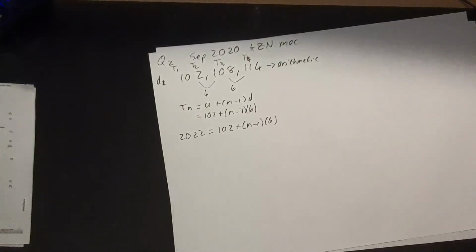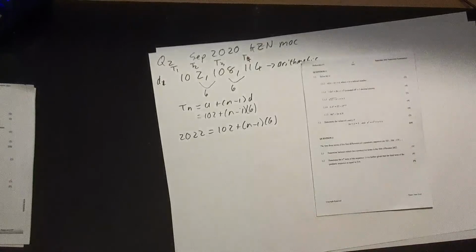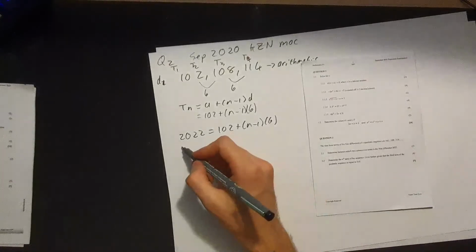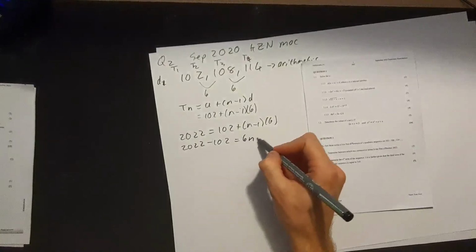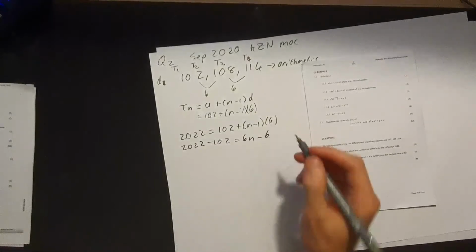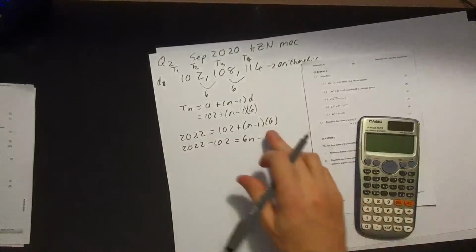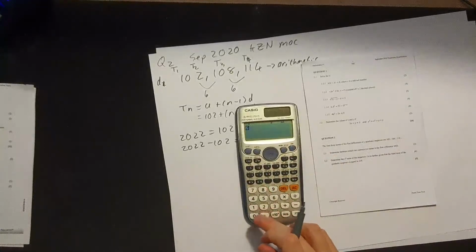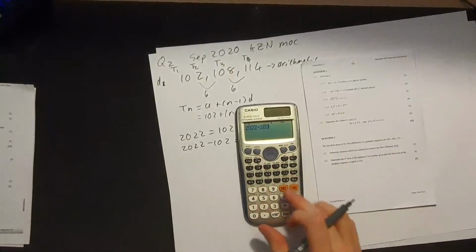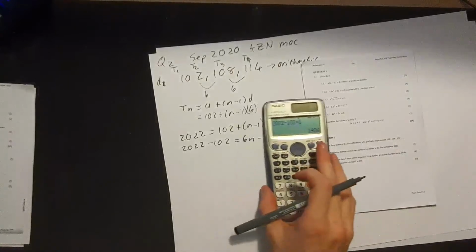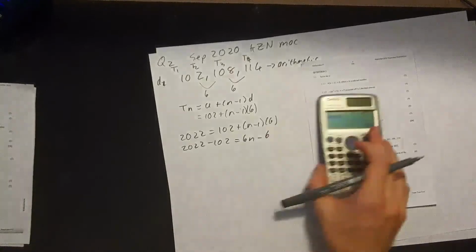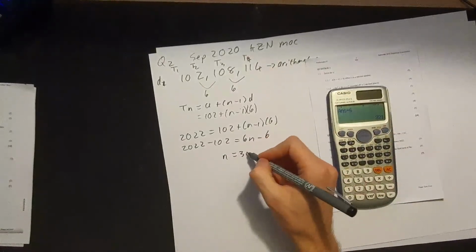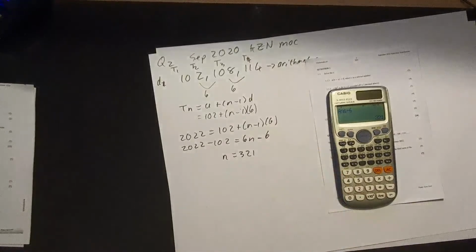Sorry, just getting my ducks in a row. Okay, so now if we solve this out, we're going to have 2022 minus 102 equals 6n minus 6. Okay, and then if we take that over, it becomes plus. So you're going to have 2022 minus 102 plus 6, okay, equals 1926, and then divide that by 6, gives you 321. Okay, so when n equals 321,